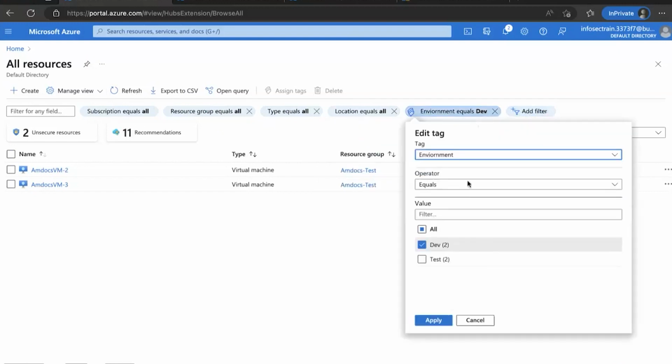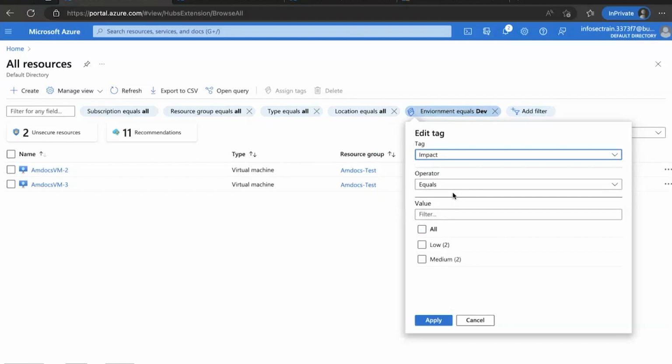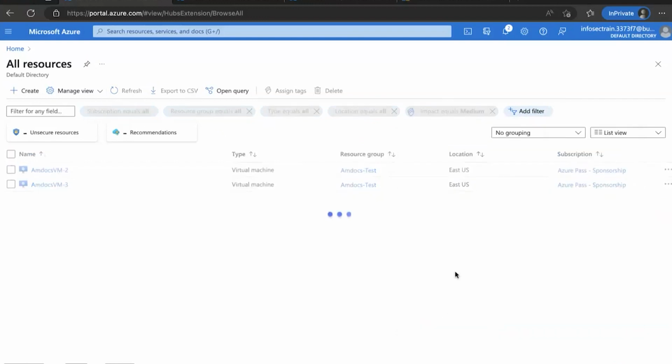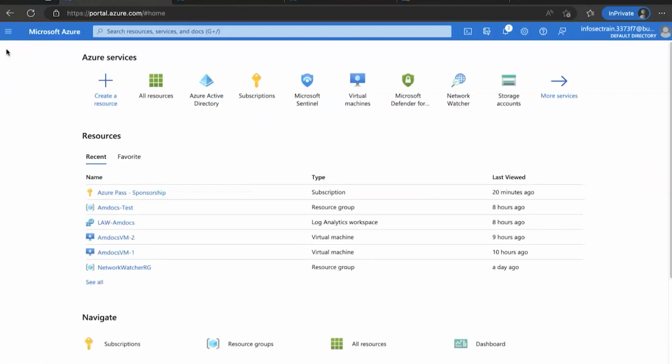I can change it over here from environment. I can use the tags like impact. I want all the medium impact resources over here. So, you can see those kind of the resources which will be having the medium impact. So it will help you to organize here in the costing, in the subscription, in the different places. They will be helping you out over here. So your tags are also going to help you in this scenario.